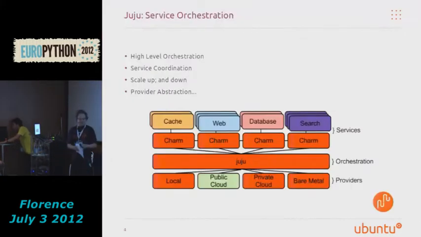So, what is Juju? Juju is a service orchestration tool. It's written in Python and Twisted, and it's good at coordinating deployment of services onto Ubuntu server instances. The semantics of how you use it are very much at the service level, not the server level. So when you're using Juju, you don't have to worry about deploying individual servers. You're really worried about the overall shape of your deployment and the relations between the services within it.